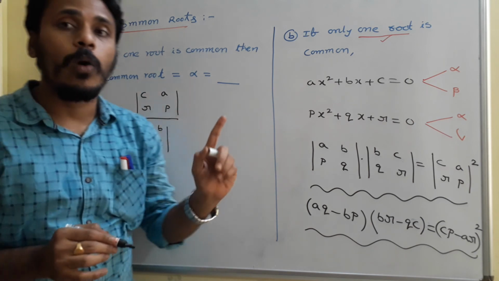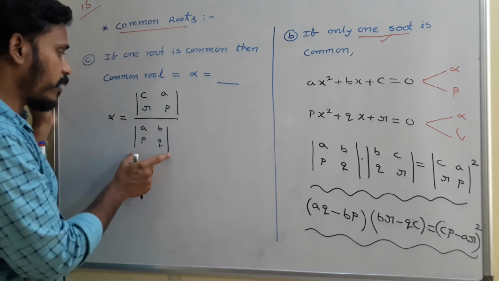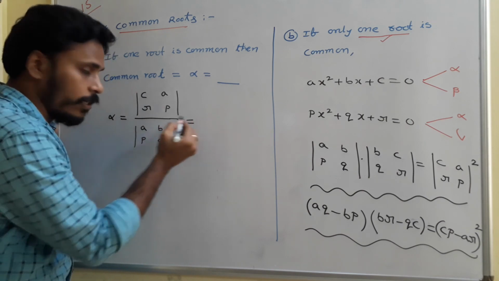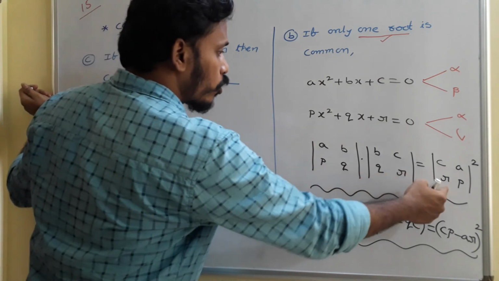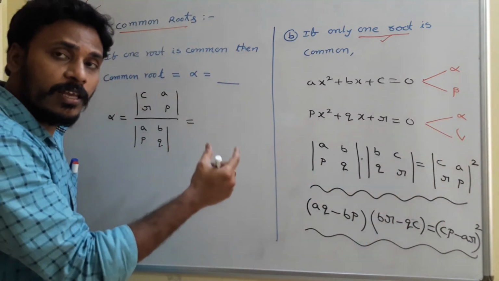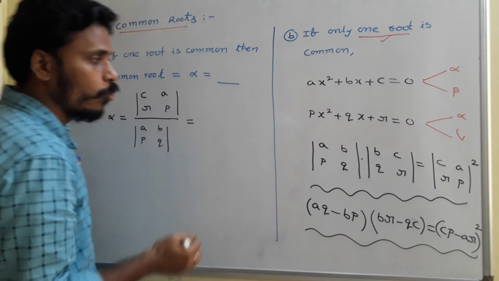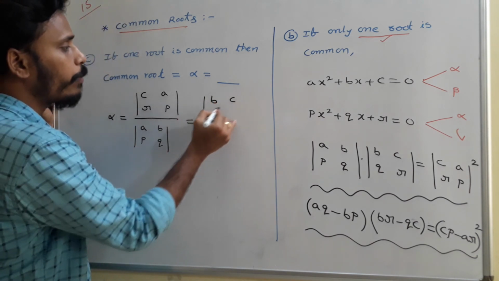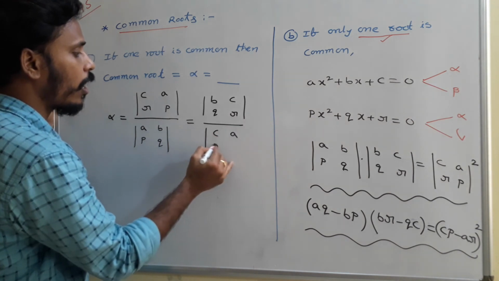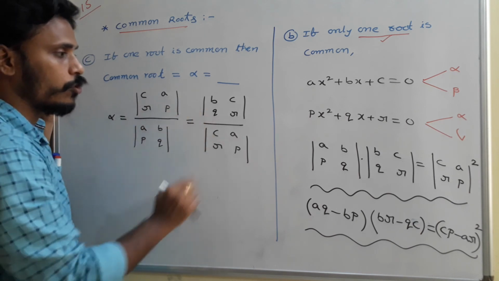If two equations have one common root alpha, then directly we are able to write that alpha in such a manner: determinant of CRAP by ABPQ. And this is again equal to, just look here, this product is equal to CRAP. From there, see here CRAP square is there, that means CRAP into CRAP, two terms are there. So one term divided by ABPQ will directly give us BCQR divided by determinant of CARP. Now when you look at these two terms, this square is equal to the product of these two.